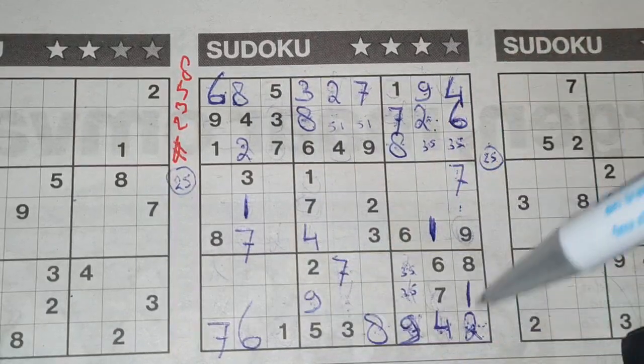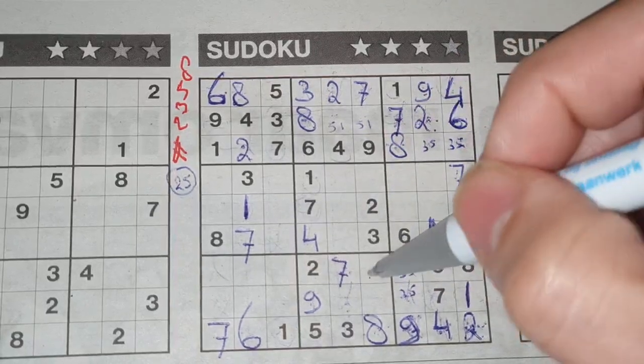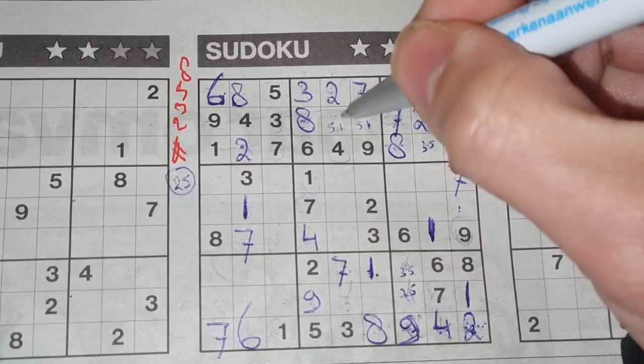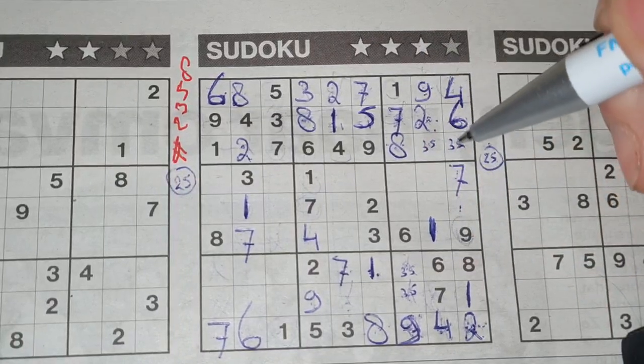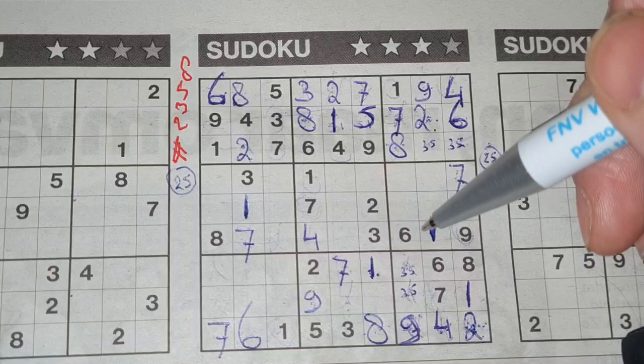1 in this row, 1 in the row above. So in that row, only place for the 1 should be there. Now we have a 1 here, so this can't be 1 anymore. This box should be a 1. This should be a 5. Then